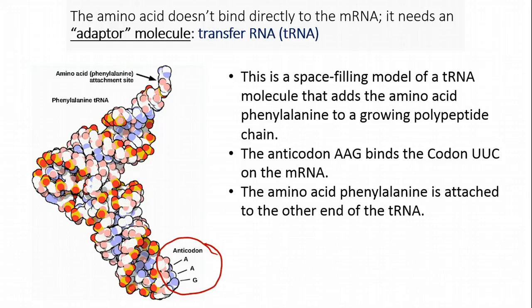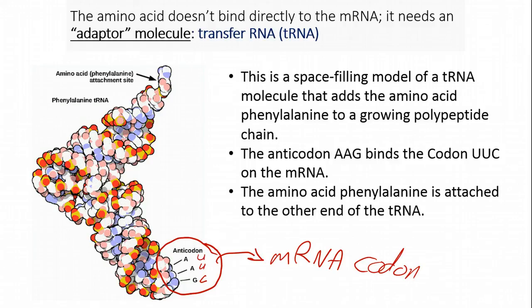That is the part of the tRNA that binds to the codon of mRNA. So this is going to bind to the mRNA codon. So the 3 nucleotides here are going to be what we call complementary to the mRNA codon. So the G would bind to a C in the mRNA, and these A's would bind to U's on the